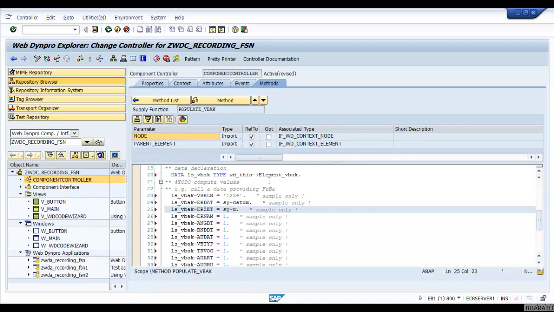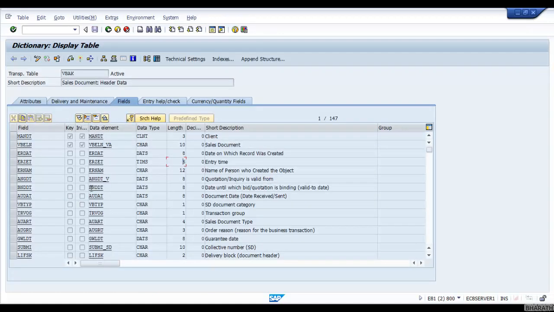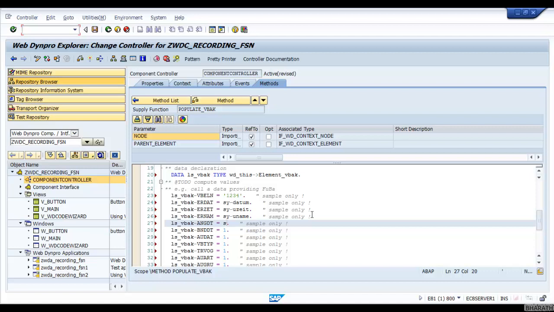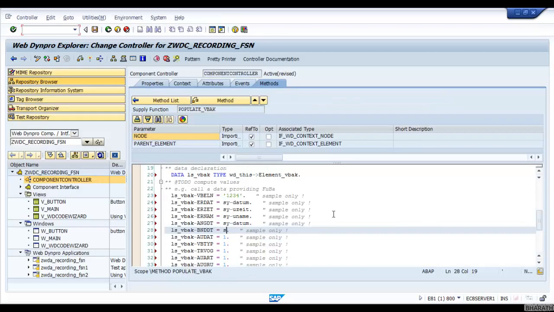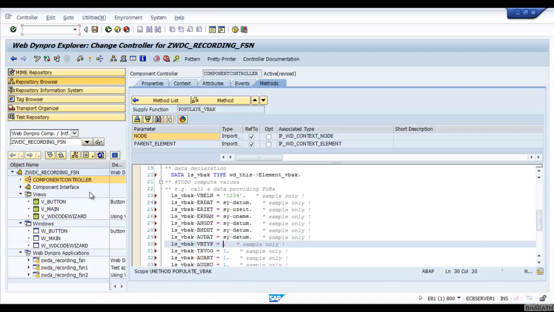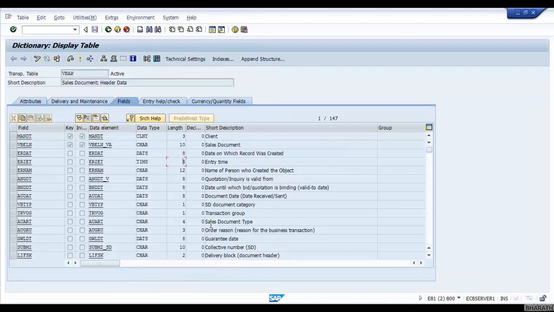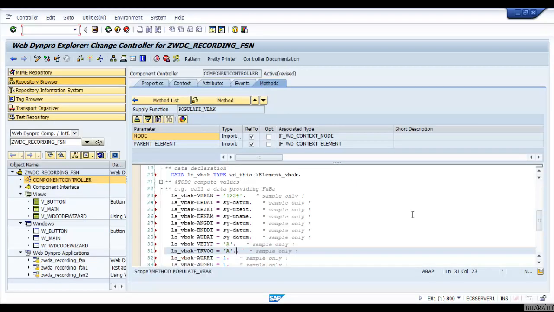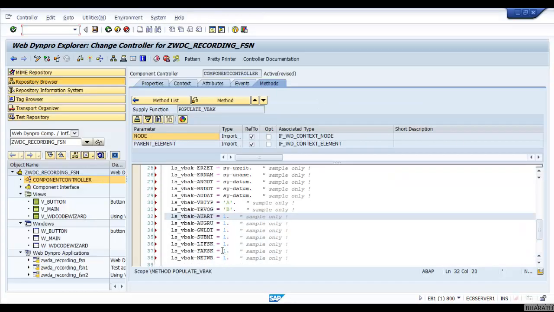I use ERNAM, ERDAT, ERZET, and ANGDT, quotation inquiry is valid from, sy-datum again. BNDDT, this is a date again, sy-datum. AUDAT is again the document date, sy-datum. VBTYP is document category, let's say A, and TRVOG transaction group, let's say A. Okay, let's change it to B. AUART, okay, let's leave them.